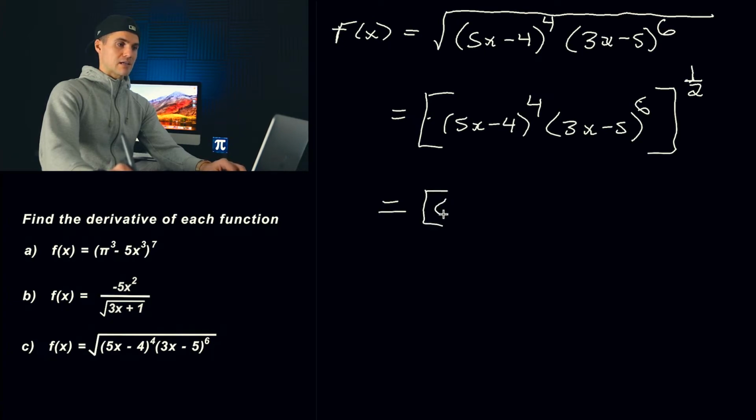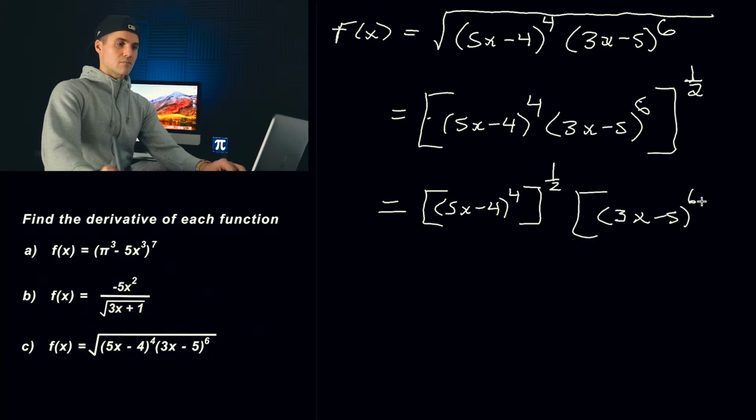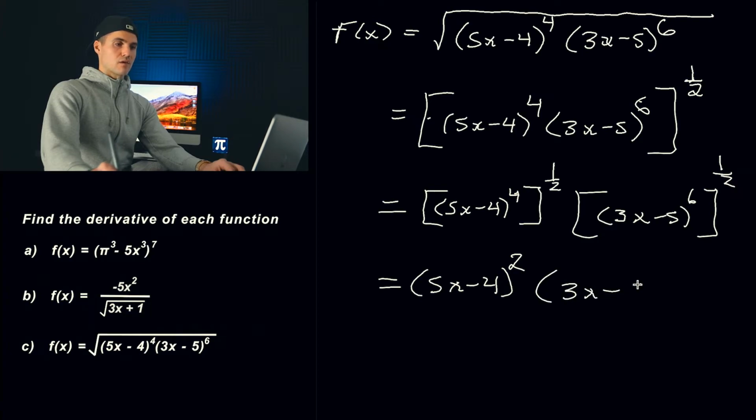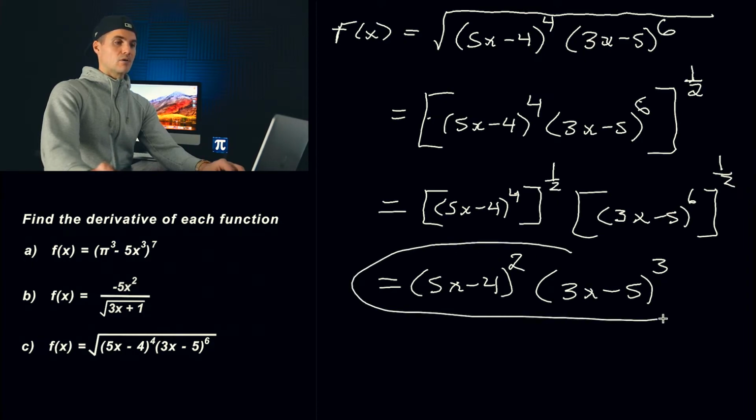So look, I take the (5x - 4)^4 and take that to a half. And then this (3x - 5)^6, I'm also going to take that to the half. And then notice 4 times a half, that's 2. So we end up with (5x - 4)^2 (3x - 5)^3. And then from here, what I would do is now derive